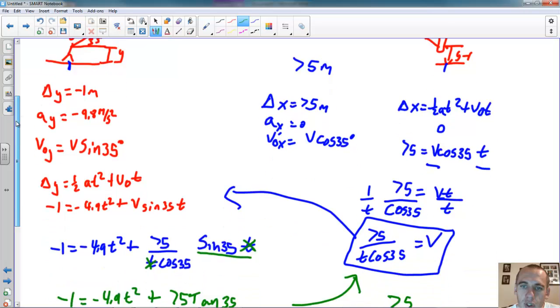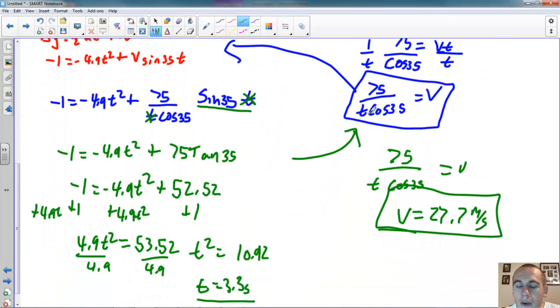So this was a little bit tricky because we did have to go into multiple dimensions and do some substitutions, but you're able to do it as long as you keep track of which forces act in which direction and which velocities are